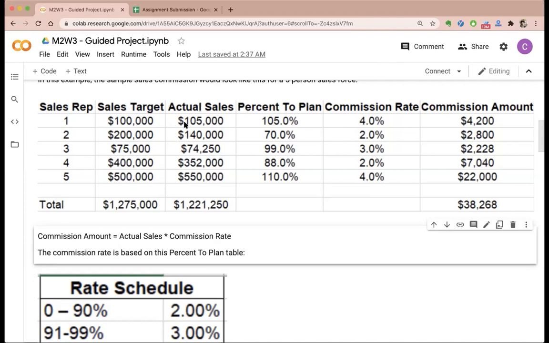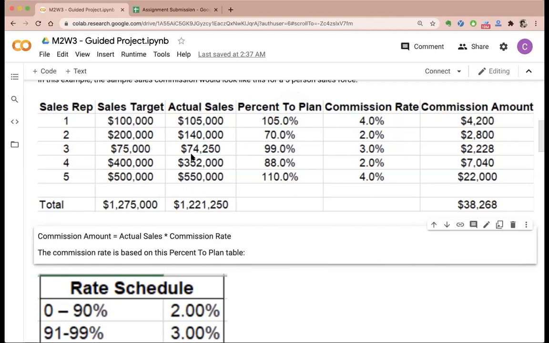So for actual sales, you actually don't know what will happen. You cannot say anything about this. That's why we will simulate or take different random inputs for the sales target, and multiply that with the generated random numbers of percentage to plan. We will multiply this with this to get this. Makes sense? So basically sales target times percentage to plan will give my actual sales. I will simulate this and try to get the actual sales.